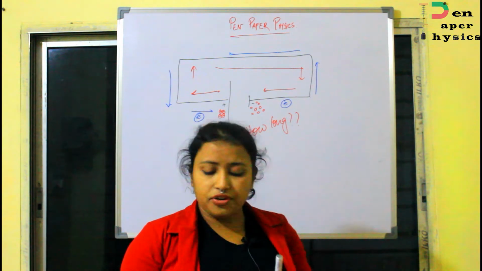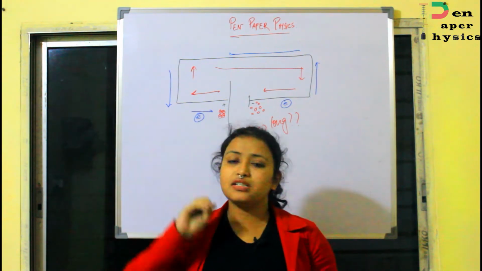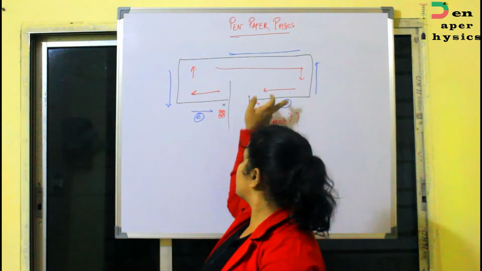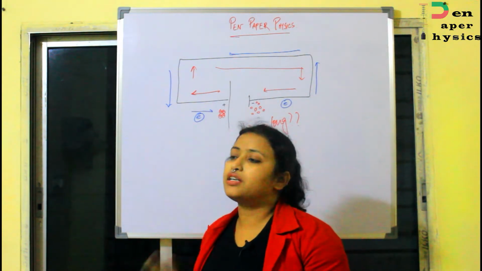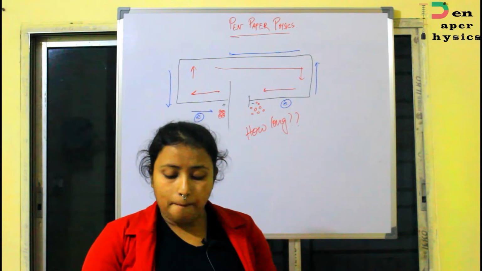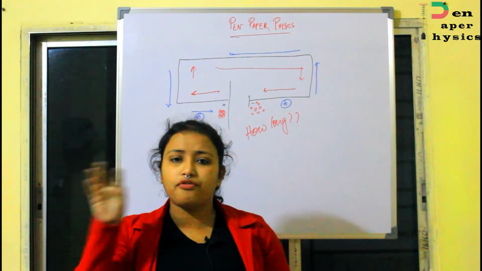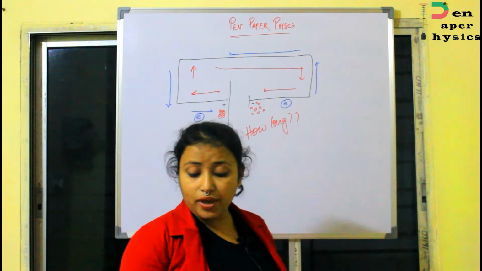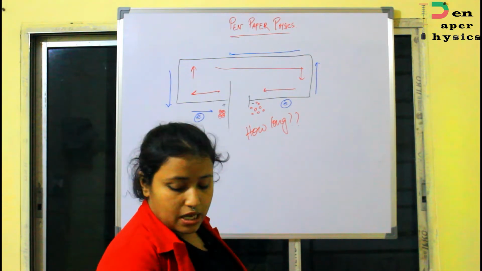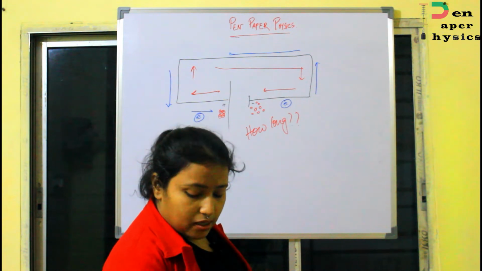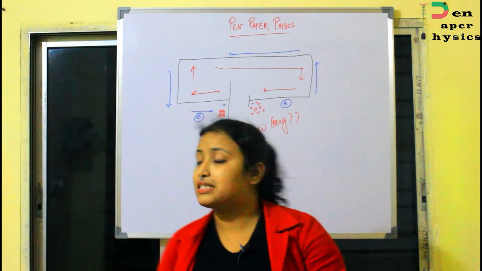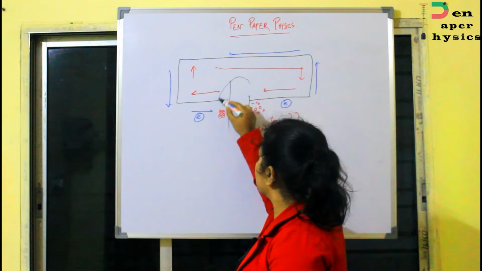Now in real life also, once the electrons have started flowing from the negative terminal to the positive terminal, after a certain time it will automatically stop. But does it happen in real life? No. We get a continuous flow of current. Now why are we getting that continuous flow of current? The reason behind it, we can say, is the battery.